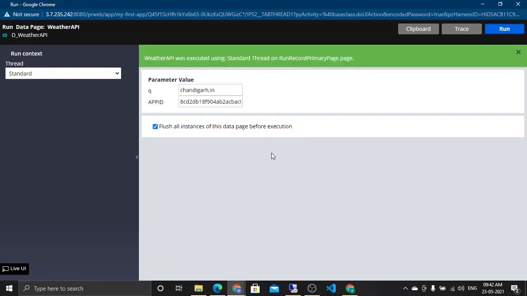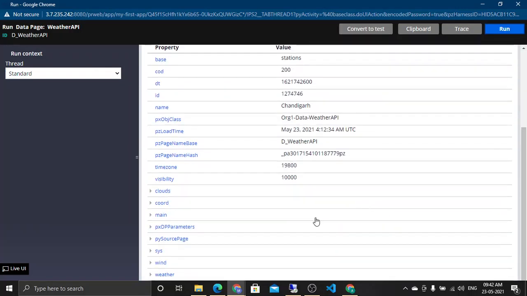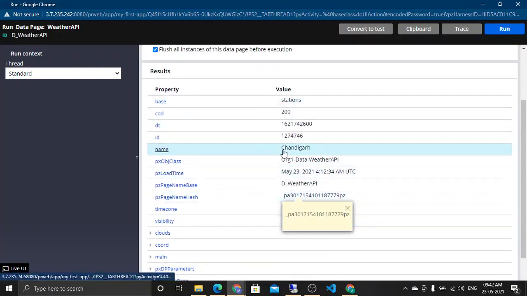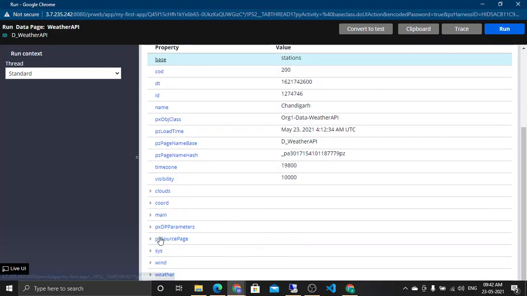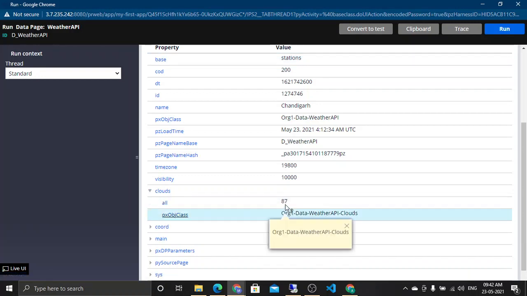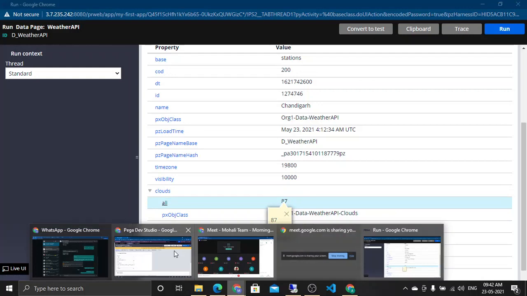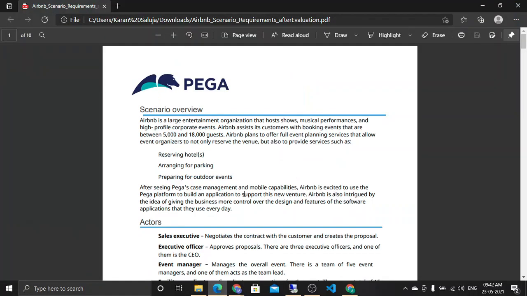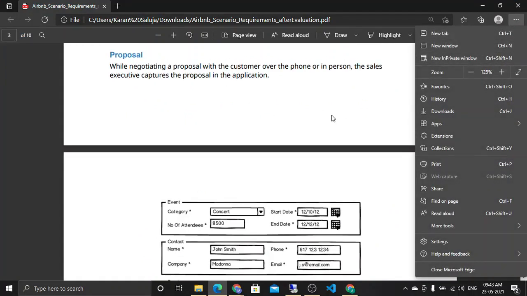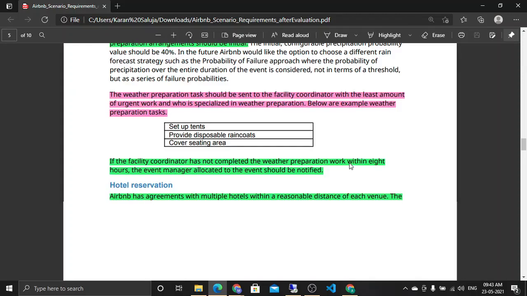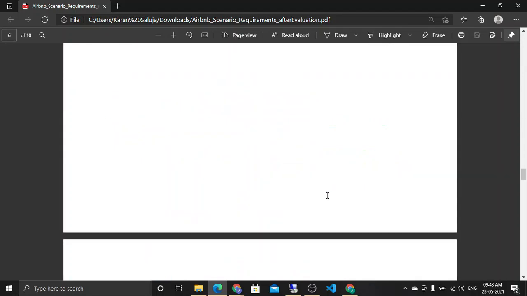If I run it, let's see if we get the response or not. See, the same API that I was calling from Postman, I'm getting the same response. If you see everything under weather, you have to go for clouds. So 87% is the number, the number in the document that they are referring to. I think they've kept it at 40 now. You can keep it higher, maybe 60 or something.